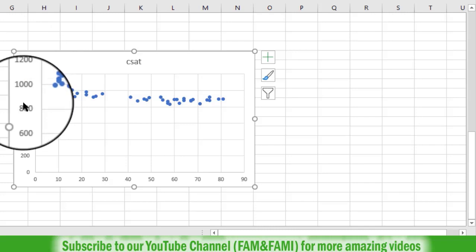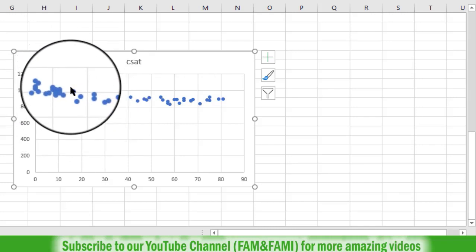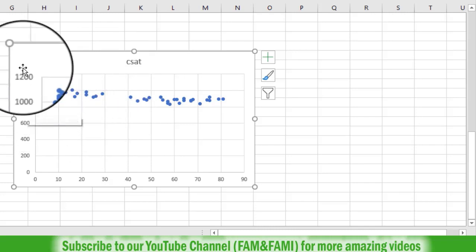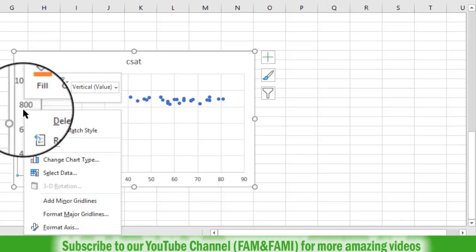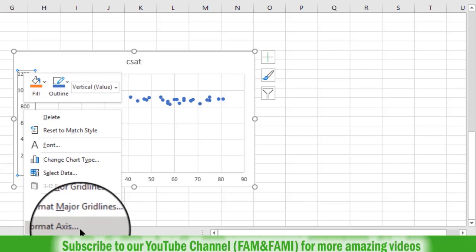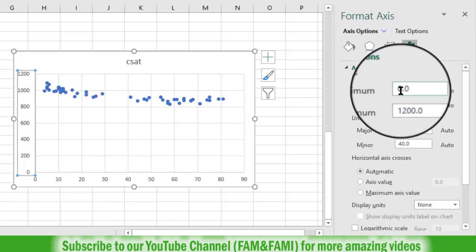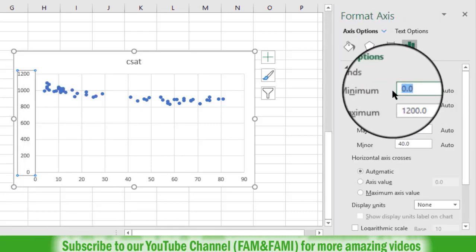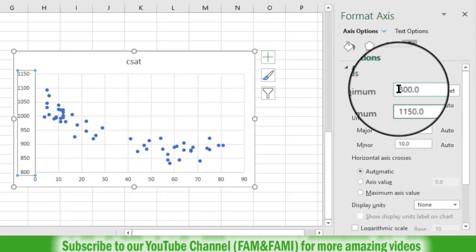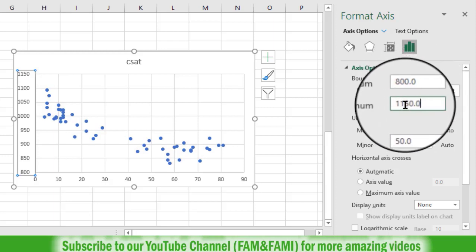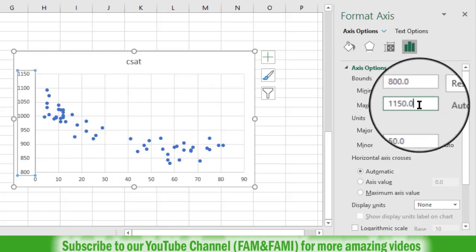From the graph you can see that the observations in CSAT range between 800 to 1200. In order to see this graph correctly, right click on y-axis and choose format axis. In the format axis dialog box, change this minimum range to 800 and click here. So now you can see that the minimum range is 800 and the maximum range automatically got adjusted to 1150.